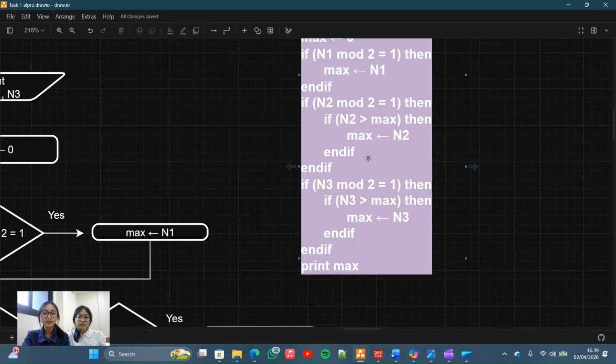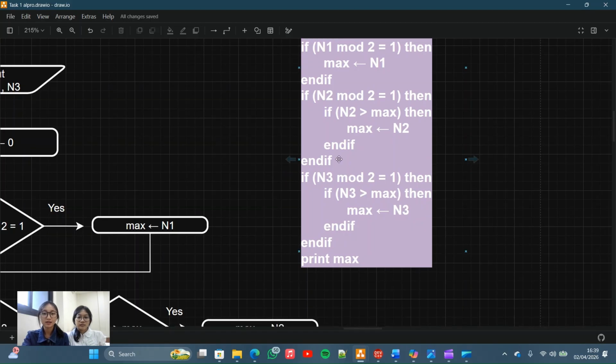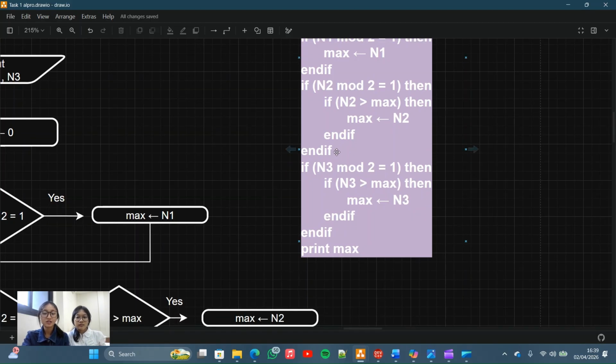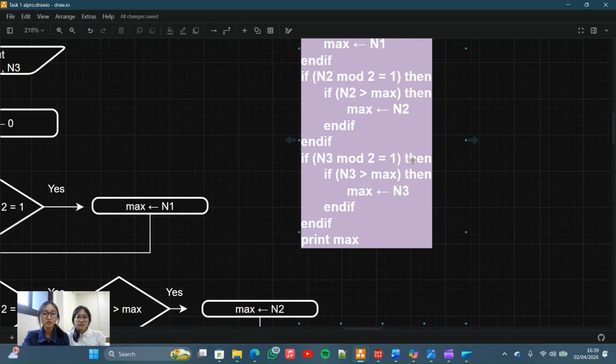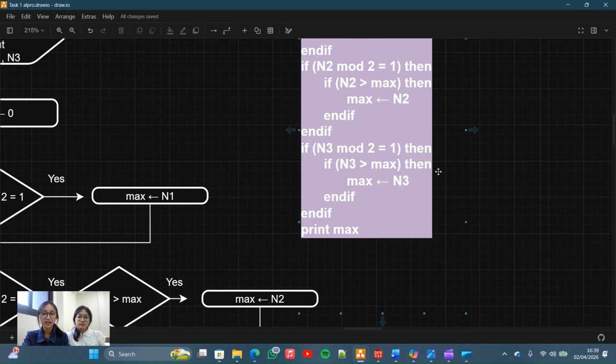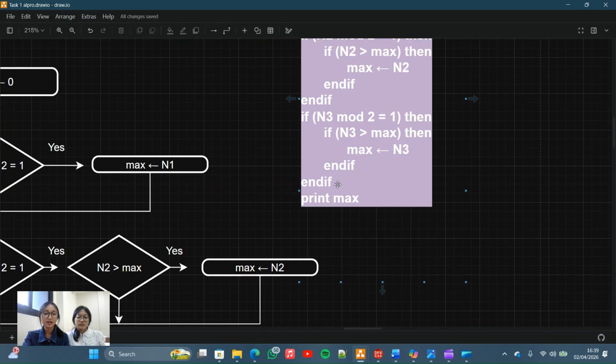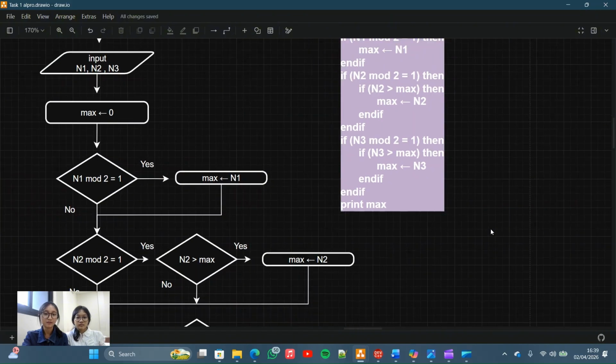And then we end the if like the previous one. We end the if in here also because we know it will always go to the next decision. So this is the next decision. If n3 mod 2 equals 1, then it asks again if n3 is larger than max, then we store n3 to max like the previous one. And end if for this one, and end if for this one, and then we print the max part.